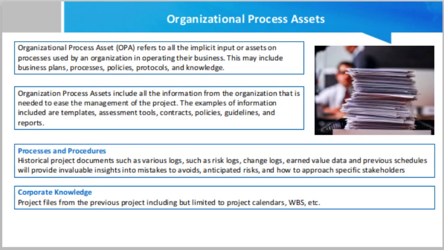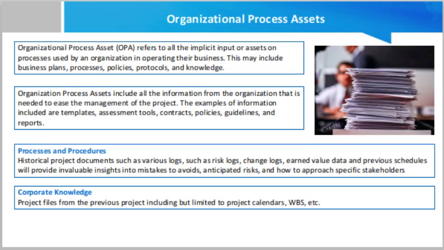Organizational process assets, OPA, refers to all the implicit inputs or assets on process used by an organization in operating their business. This may include business plans, processes, policies, protocols, and knowledge. While enterprise environmental factors may be branched into categories internal and external to the organization, organizational process assets are internal to the organization. It may come from the projects, programs, portfolios, documentation, or any other record in a